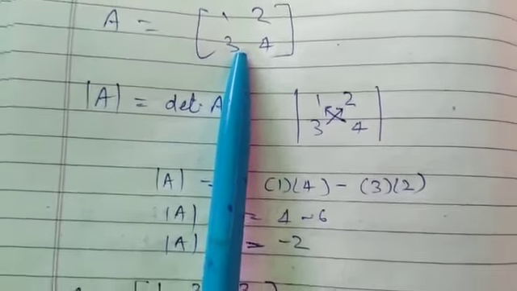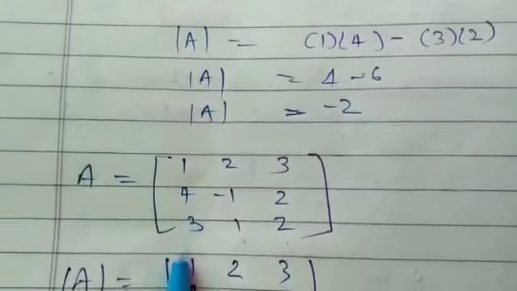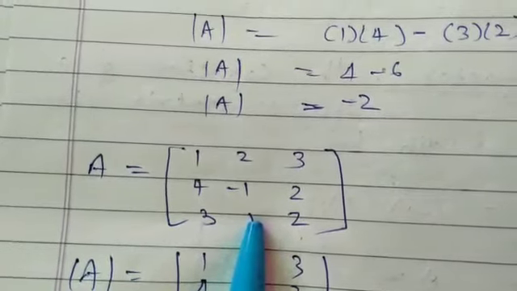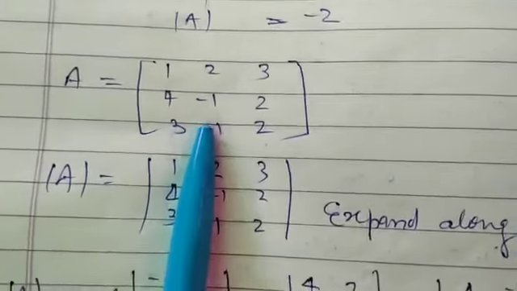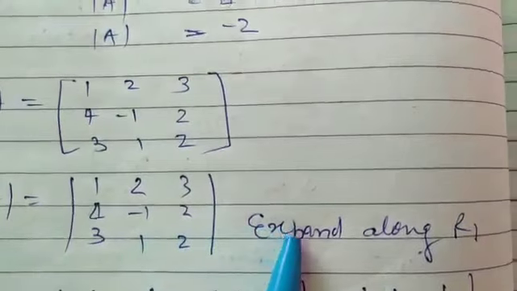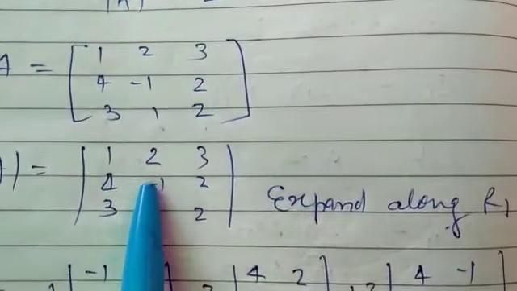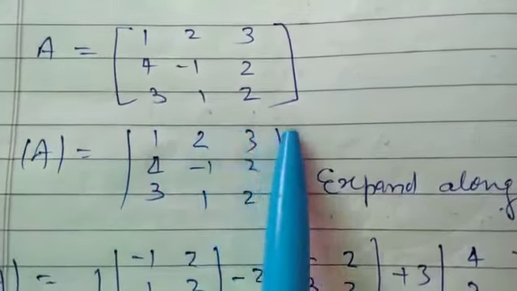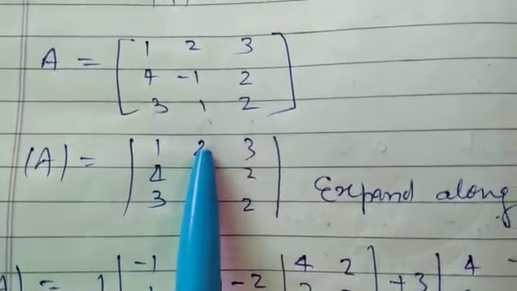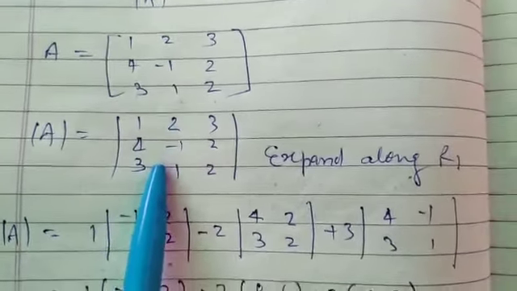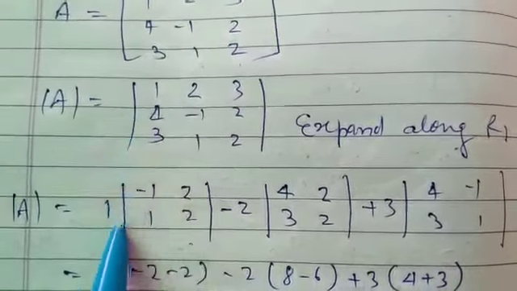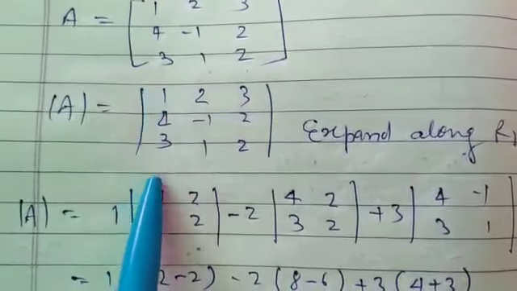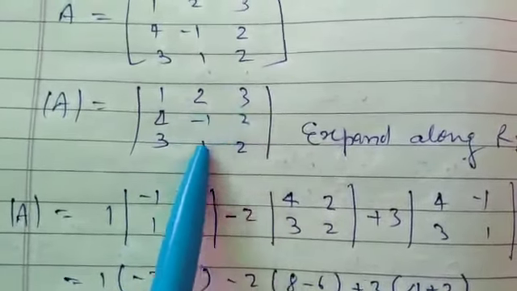Now similarly we can find the determinant of a 3 by 3 matrix. So I am taking an example. This matrix is of 3 by 3 order, and we have to find its determinant. So here is the process. In this case we have to decide along which row we expand. So expand along R1. R1 means this row, and along this we have to find the determinant of this matrix. First of all, write this 1 and leave the first row and first column. These 4 digits are visible.